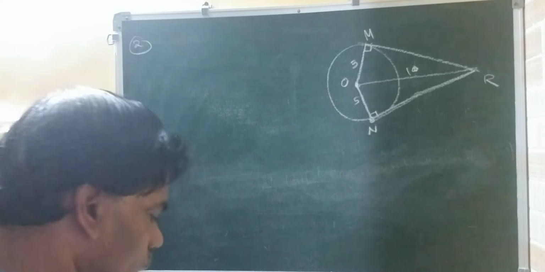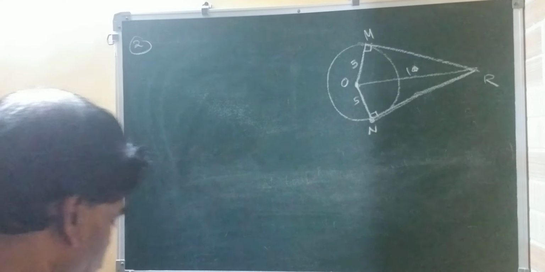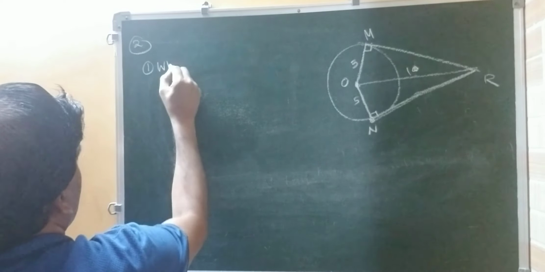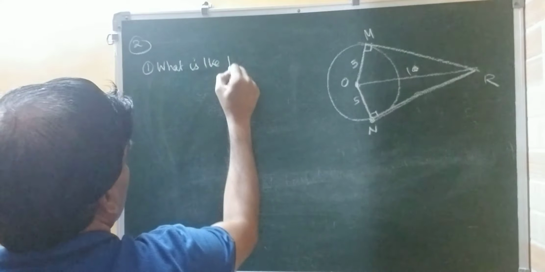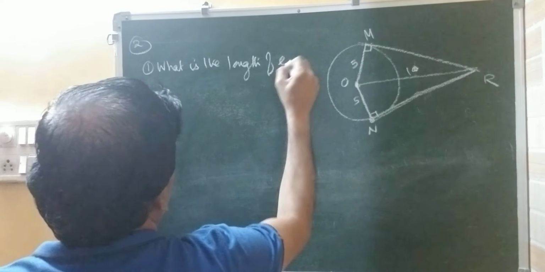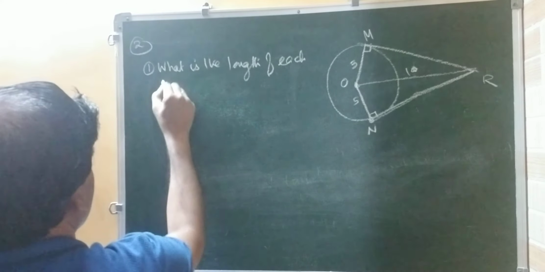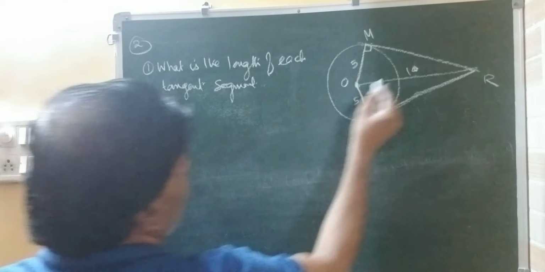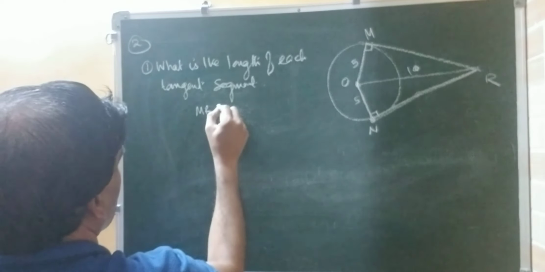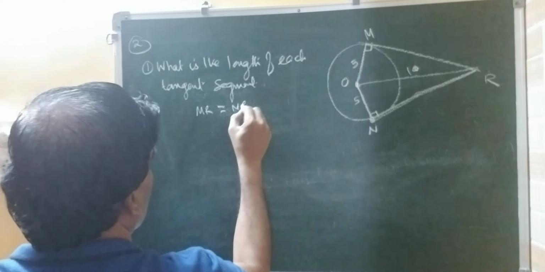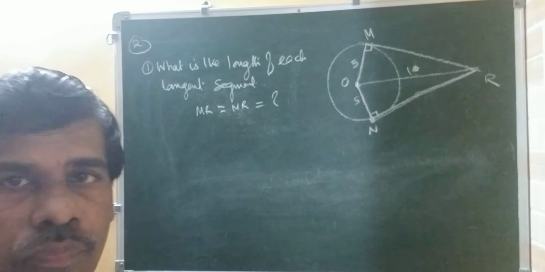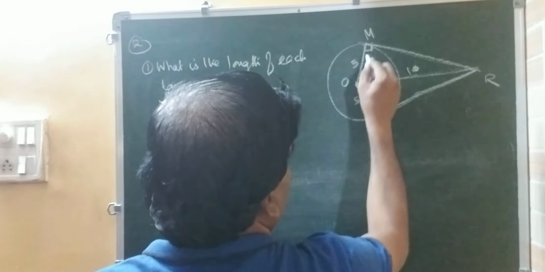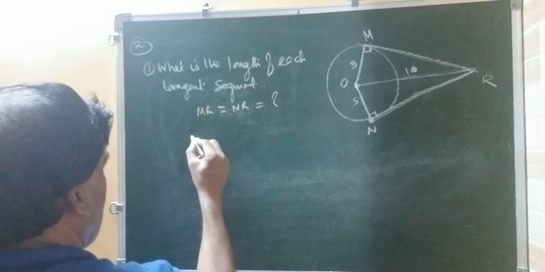Now what you have to find out is the length of each tangent segment. That means you have to find out MR and NR equal to question mark. Now look at this again, it is very simple. See, this is 90 degree. So what type of triangle is it? You tell me. So in triangle OMR,